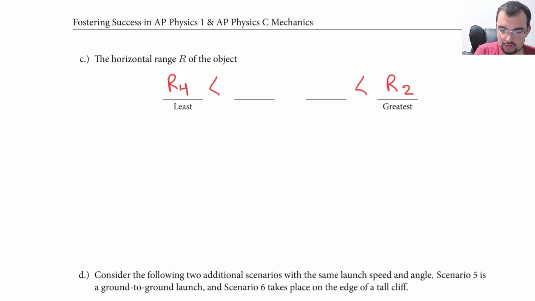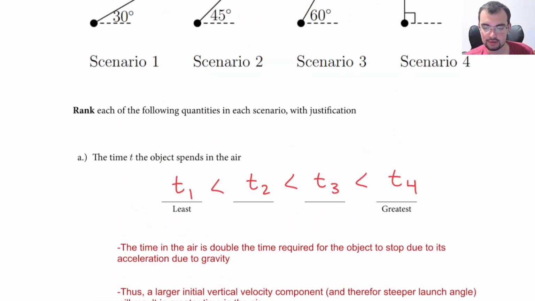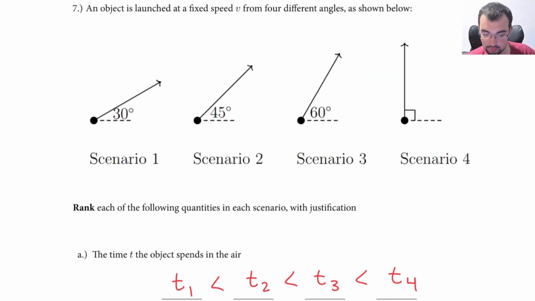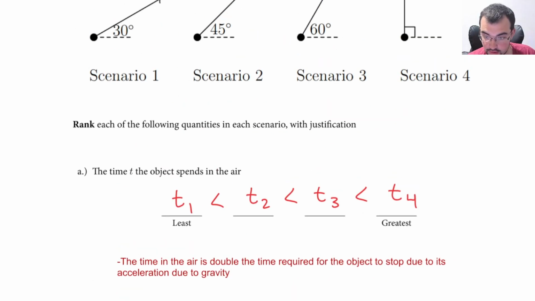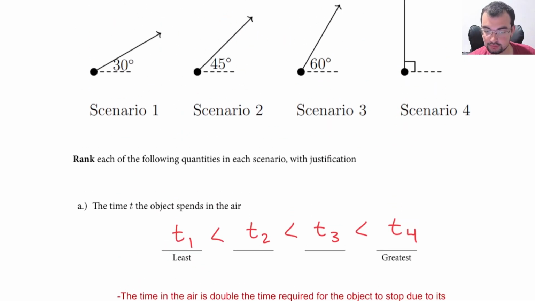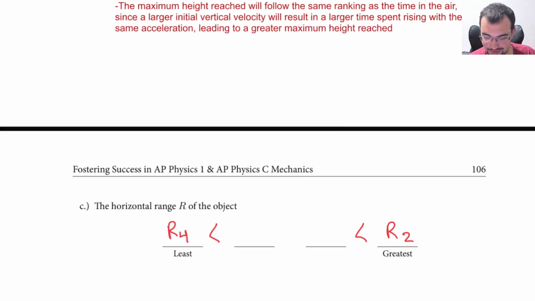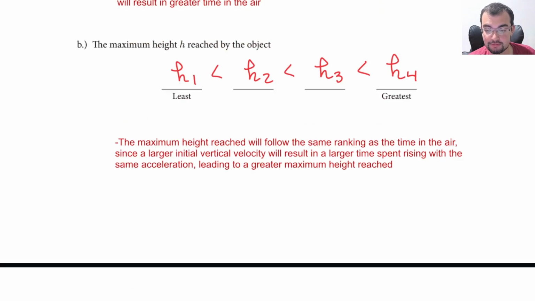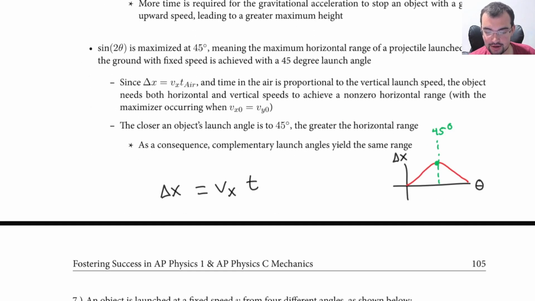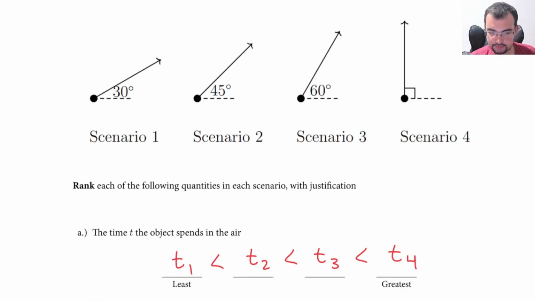And then we got to figure out what's happening with 1 and 3. Sorry, 2, sorry. I cannot read. 2 and 1 and 3. Whew, it's tricky. So if we look back here in our facts, we said the range depends on how close you are to 45 degrees. And if we look at 30,